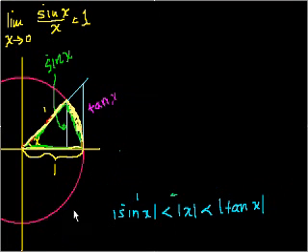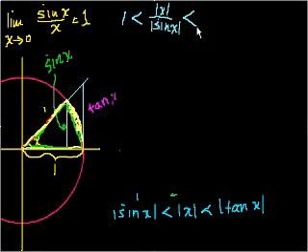Okay. So let's take that expression and divide all of the sides. It has three sides: left, middle, and right. Let's divide them all by the absolute value of sine of x. And since we know that the absolute value of sine of x is a positive number, we know that these less than signs don't change, right? So the absolute value of the sine of x divided by the absolute value of the sine of x, well, that equals 1, which is less than the absolute value of x divided by the absolute value of sine of x,